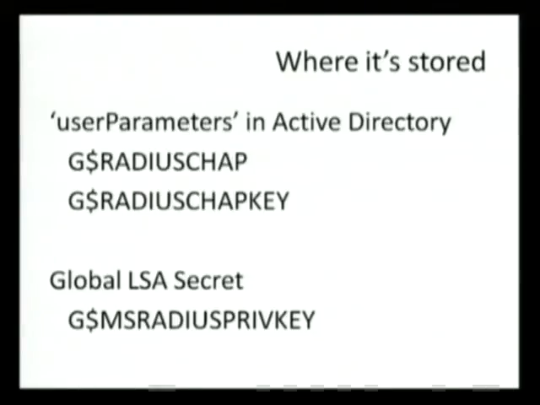And it also creates a global LSA secret. And an LSA secret is a way for Windows to store secrets, basically a Windows API. If you're a programmer, you can tell Windows, hey, I want to store this secret, and I'll give it this name. You just give it the name and the secret, and Windows stores that for you in a secure place. And if you know the name of the secret, and you're a domain administrator on the system where the secret is stored, you can retrieve that secret. And there are a couple of tools out there to list those secrets. Cain does